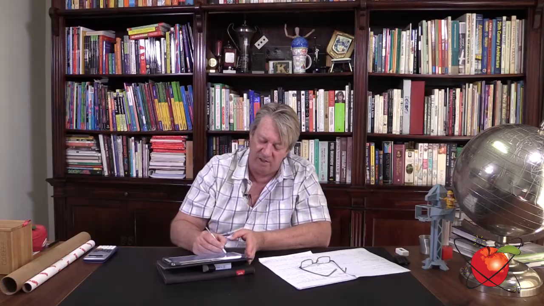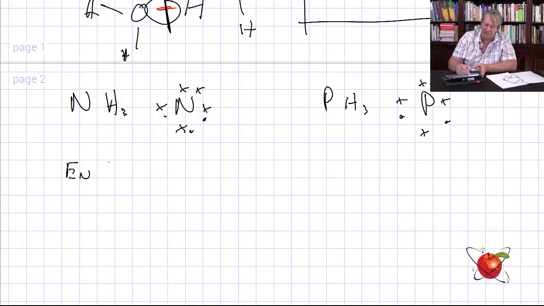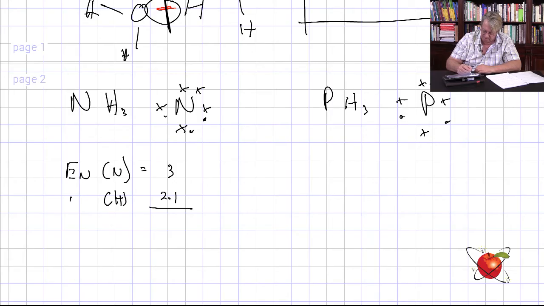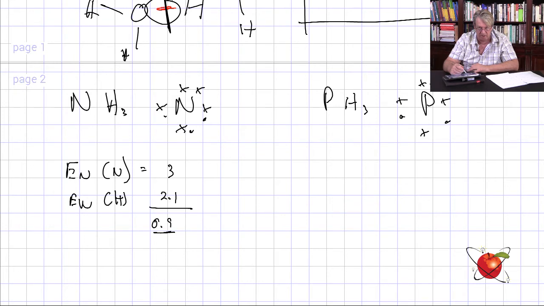It comes down to the electronegativity. The electronegativity of nitrogen is 3 and 2.1 is my hydrogen. Okay, 3 and 2.1, so I've got 0.9. So over here I've got the polar molecule, polar covalent, so I'm going to get hydrogen bonding forming,